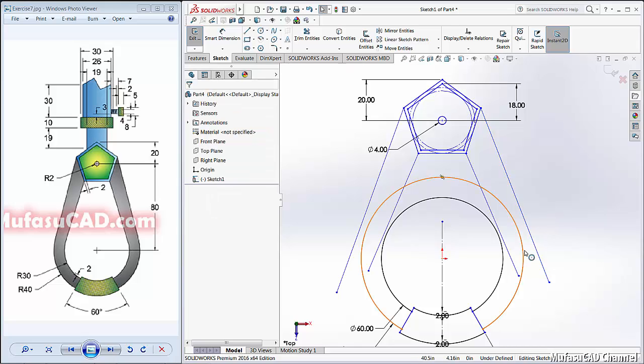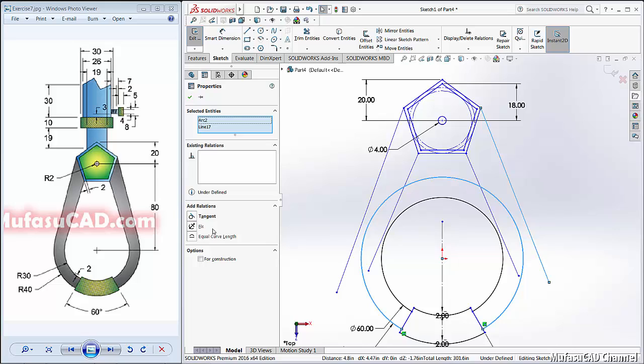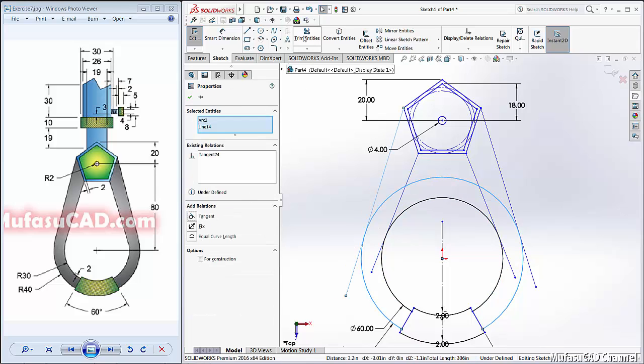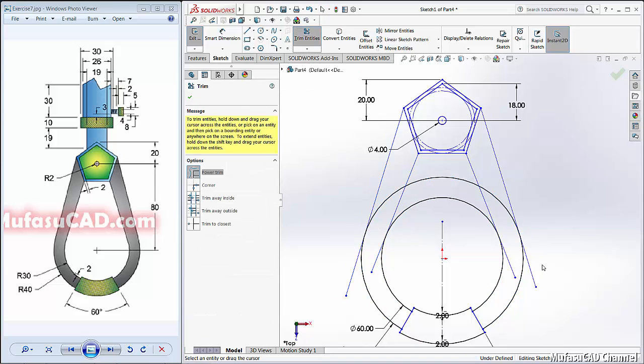And combine line with a circle by using tangent here. Click here and here, combine again, click here and here, tangent. Then cut with the trim entities here, here, inside, and here.